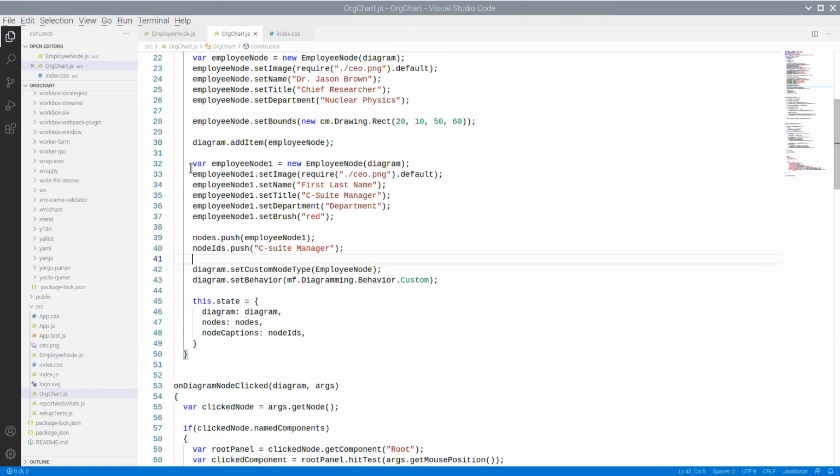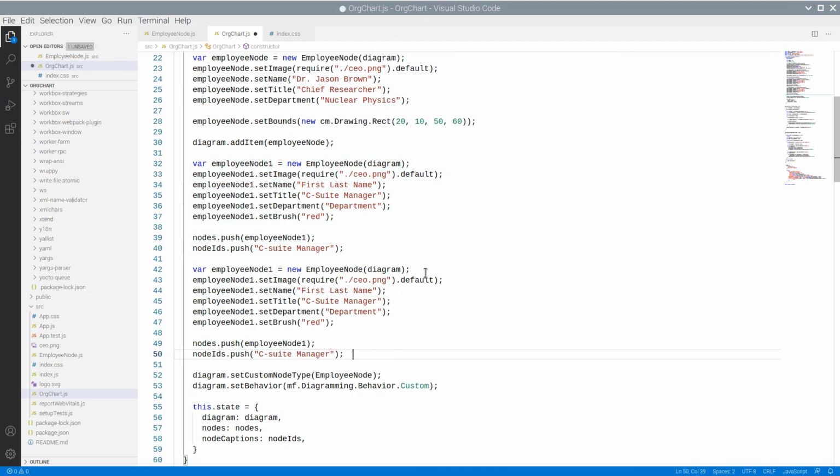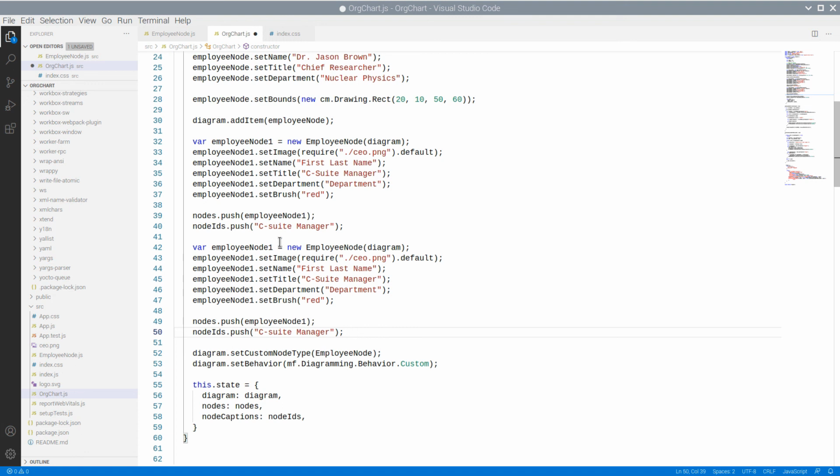Now if we create another employee node and change its properties like text and brush, it will render changed in the node list view. Let's create a new level of employee, say department head.